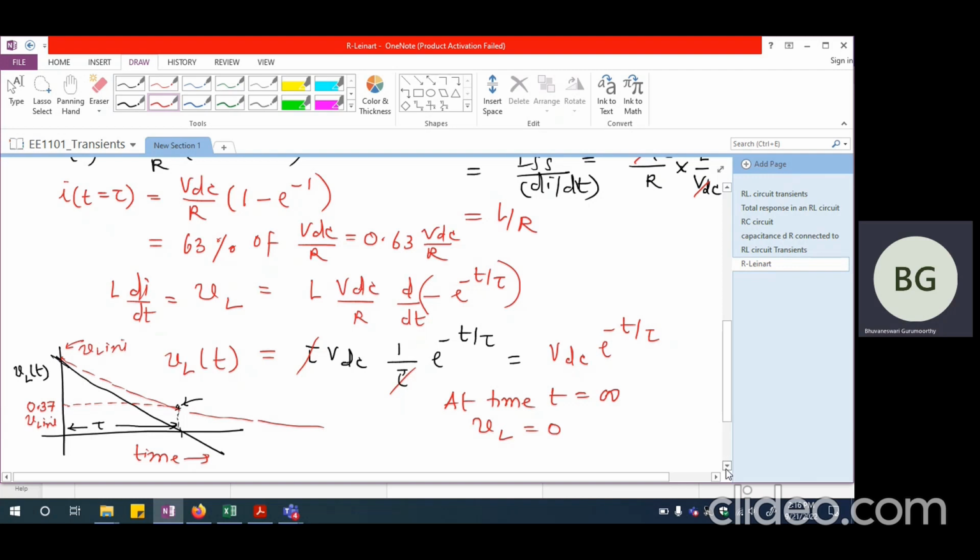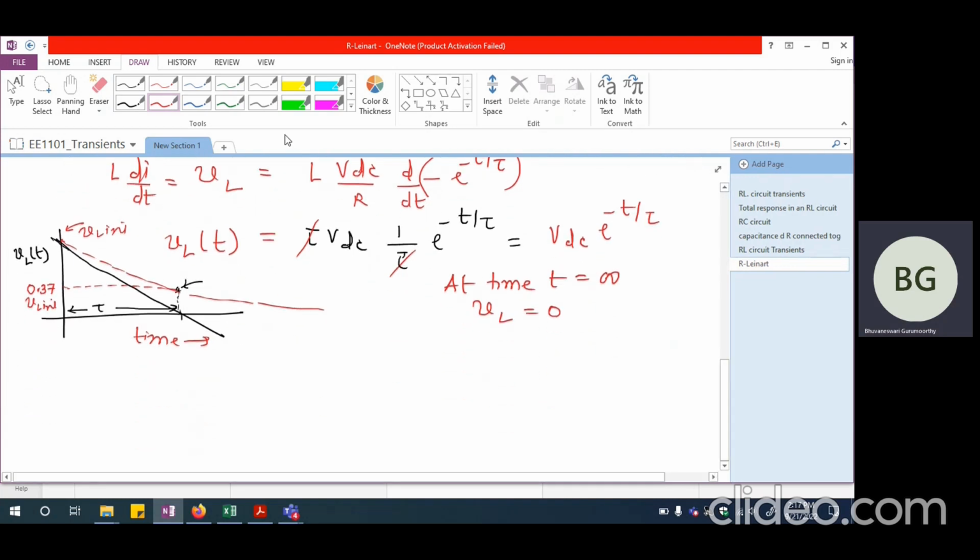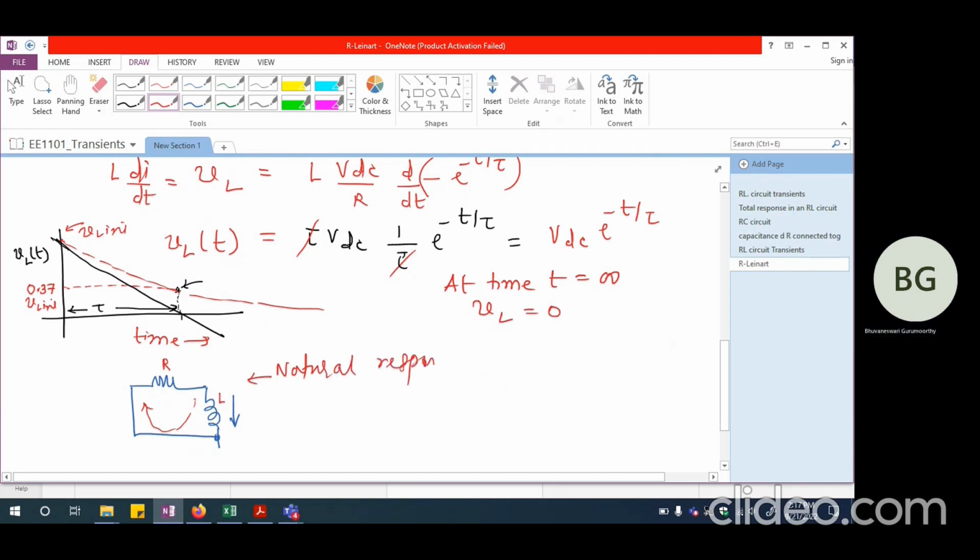So we also looked at one more circuit where we just took R and L, where L was having an initial current, let us say in this direction. So this is going to have a stored energy which is going to circulate the current through R because of the stored energy until it is completely dissipated in the resistance itself. So this is really the natural response of RL